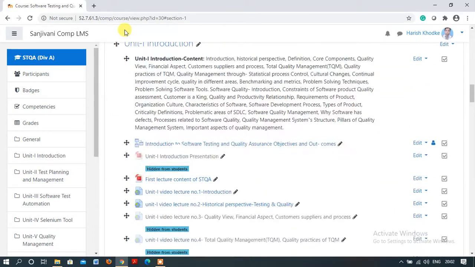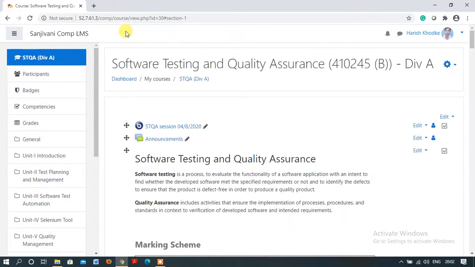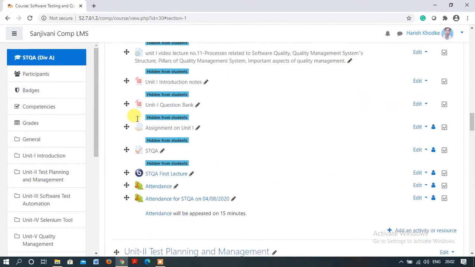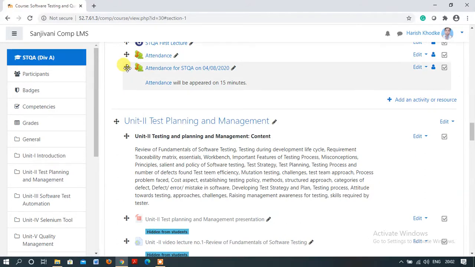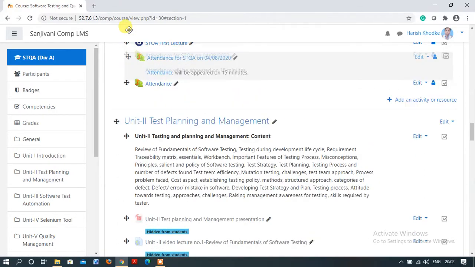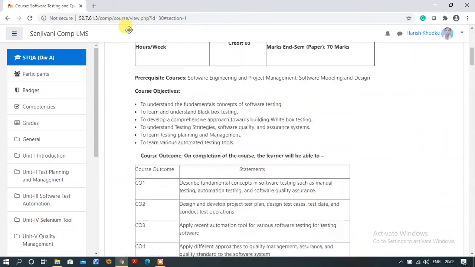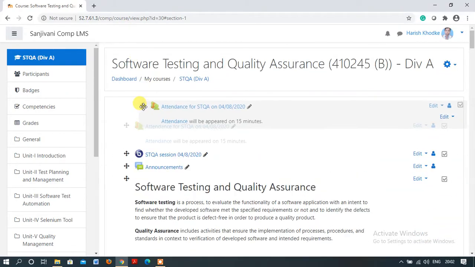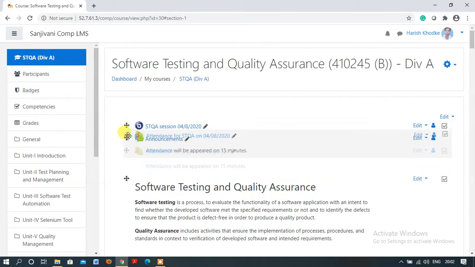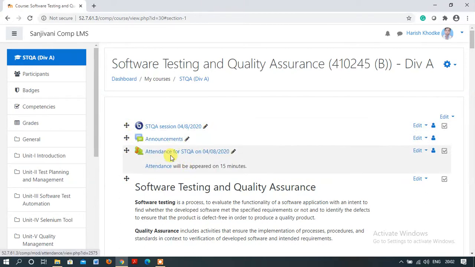Whichever location you want, you can drag it, click it and drop it there. Now I want it in the first session, so I put it this way. You can use drag and drop. Again, the announcement section is a good option.